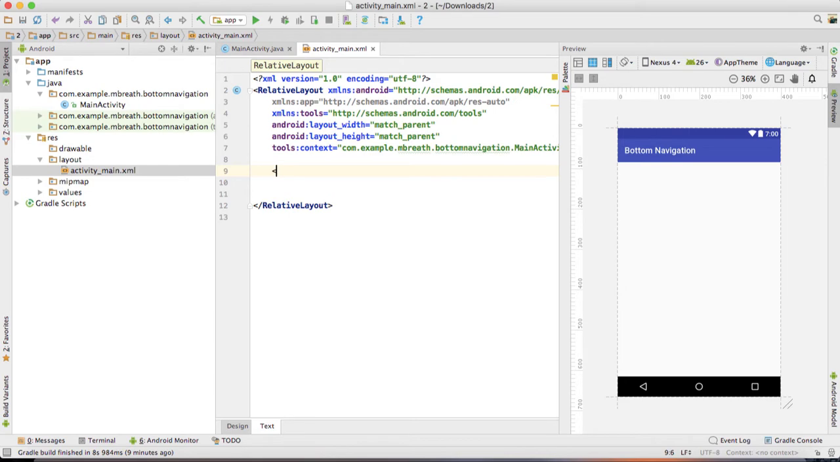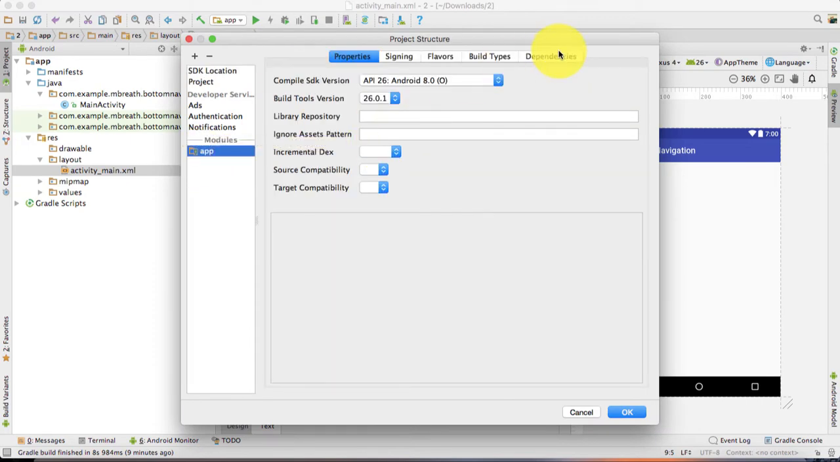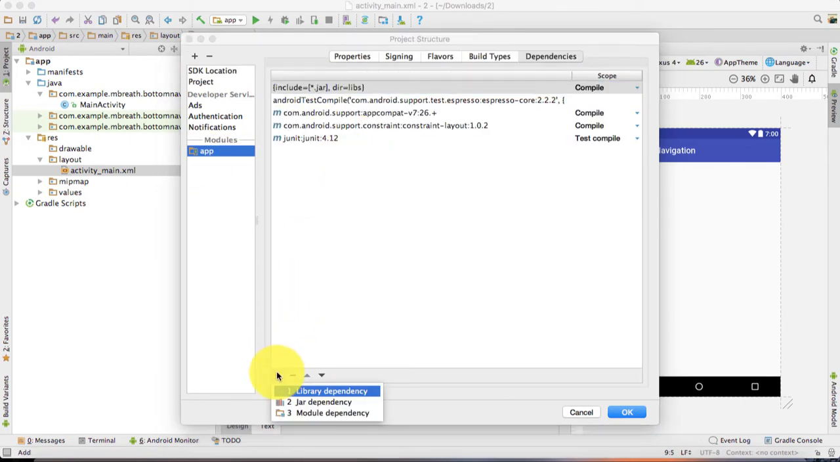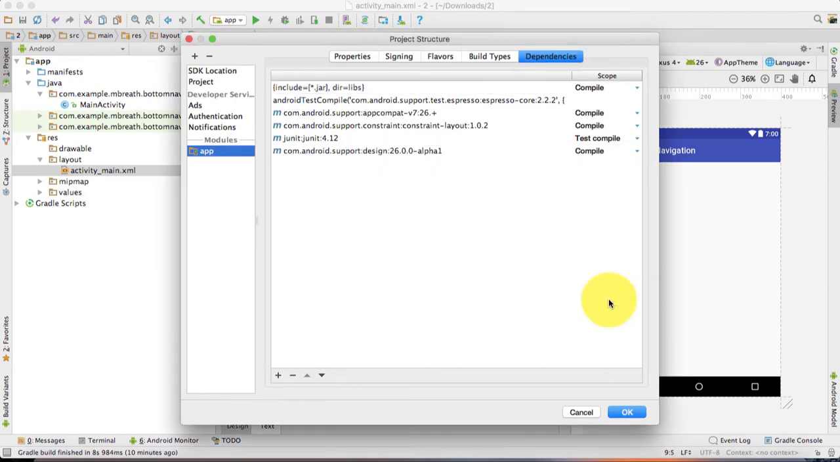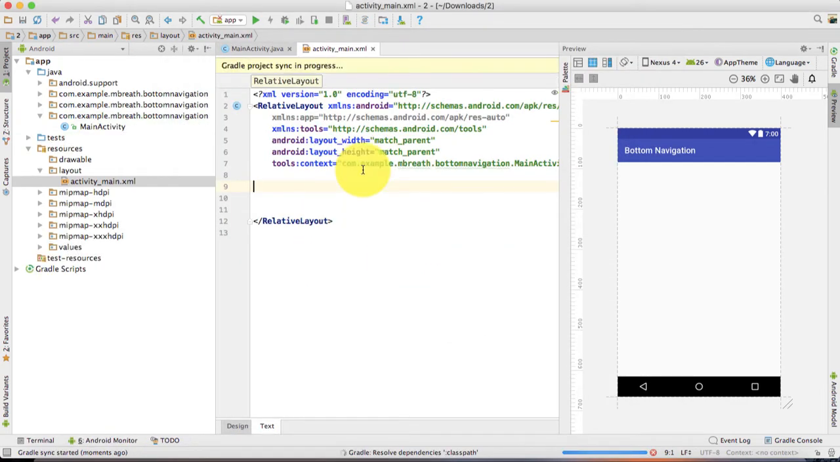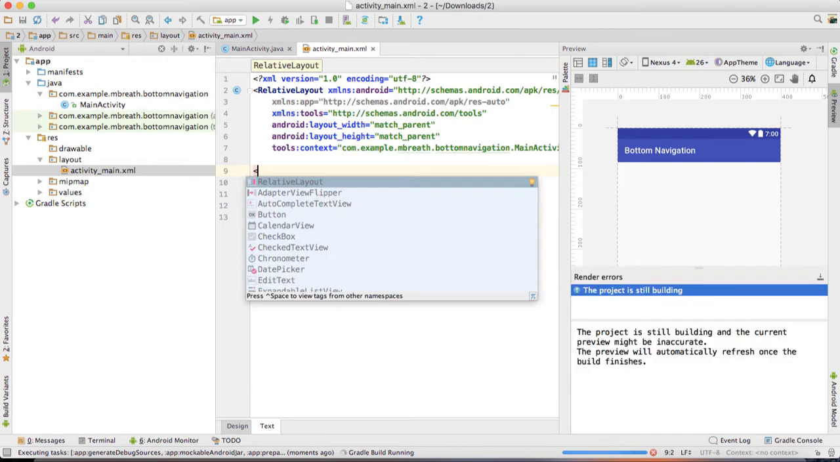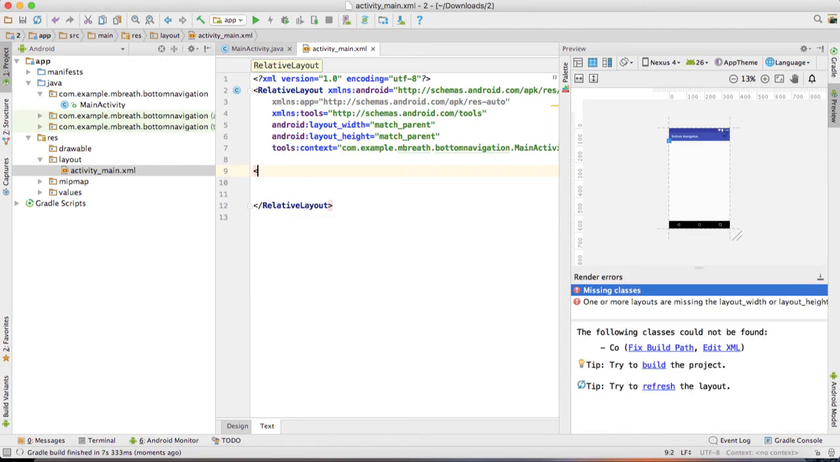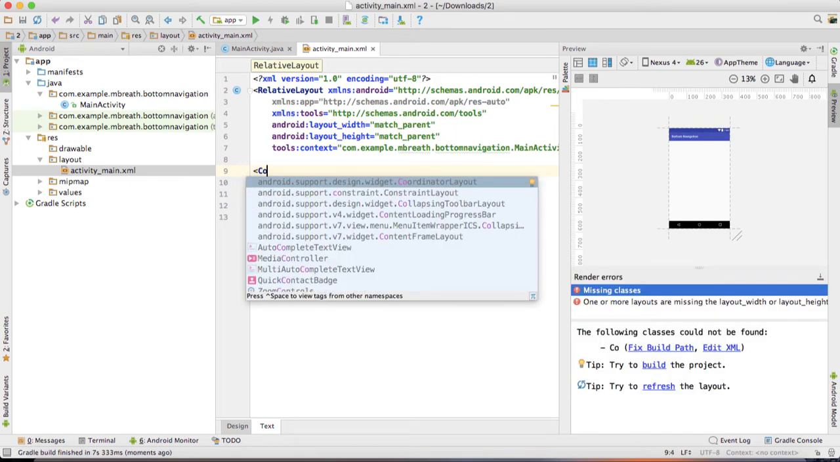Now let's first put a coordinator layout, but before that I would like to add the design library. So you need to come here and select this one. Okay, click on OK, and in the meantime it will automatically build this project for you. Great. So first put a coordinator layout. We want a coordinator layout here,